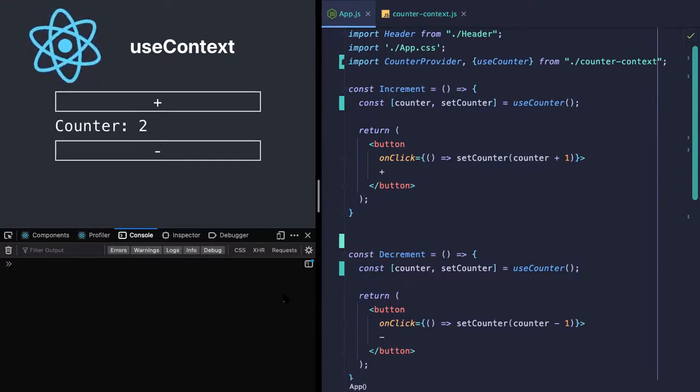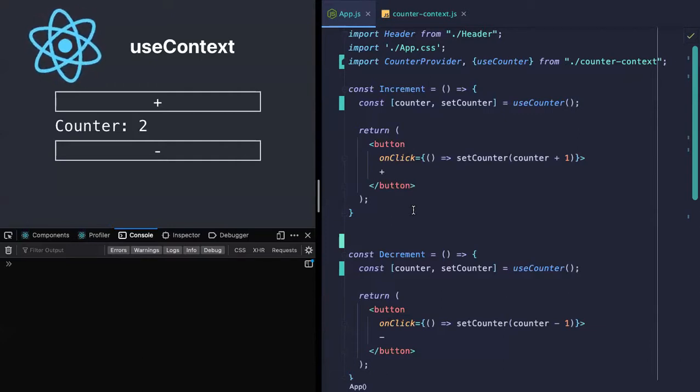Let's take an address component, where you have a lot of fields to fill in. On each change you need to maybe refresh something. In those cases, how do we have the context and a set name, set address, something like that?